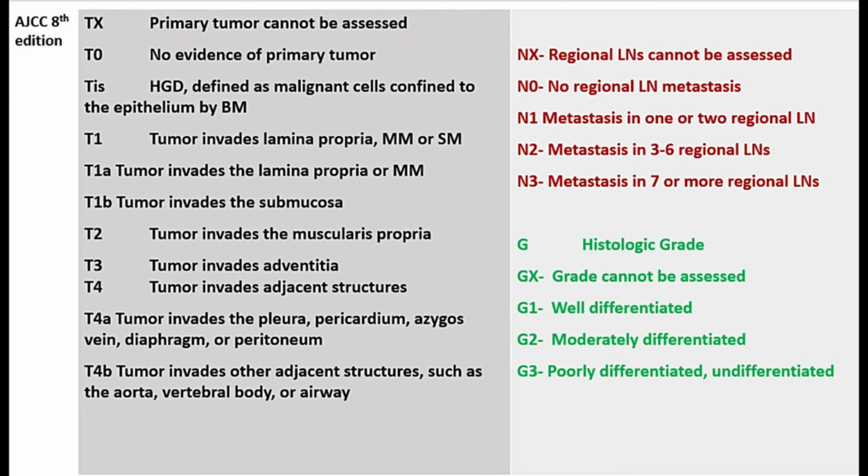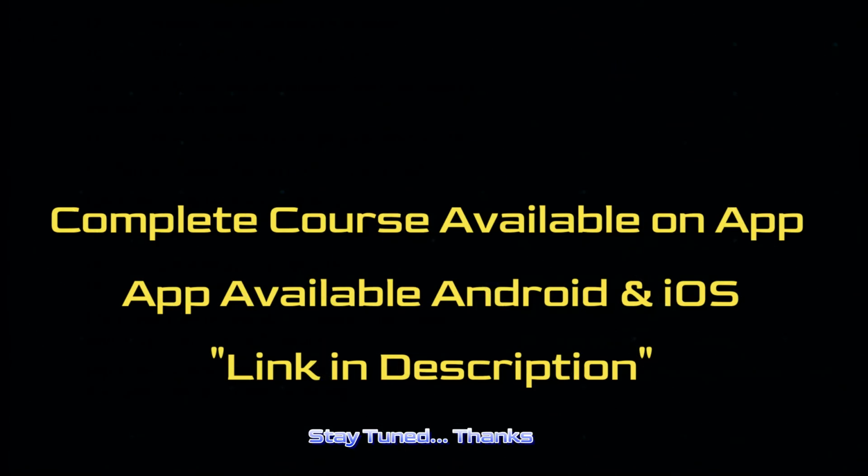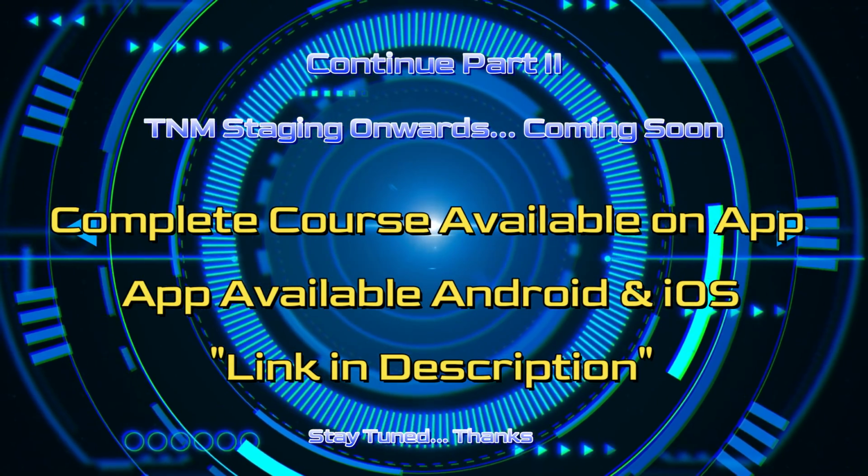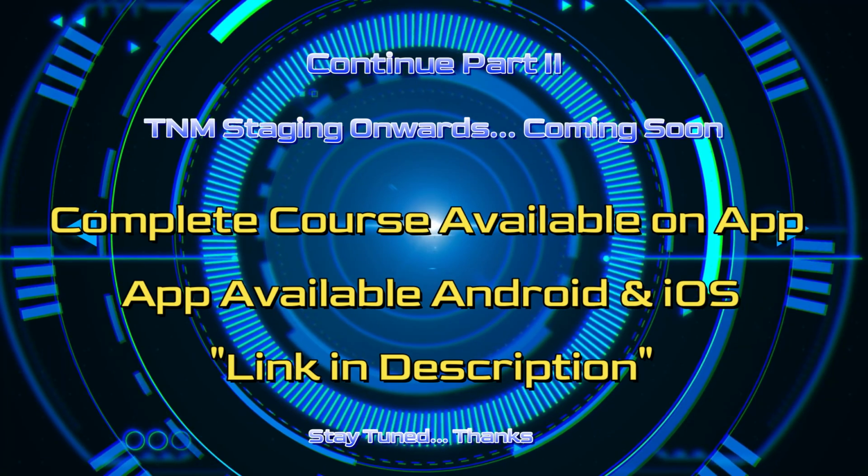So briefly, the TNM staging. TX is primary tumor cannot be assessed. T0 is no evidence of primary tumor. Tis is high-grade dysplasia, defined as malignant cells confined to the epithelium by the basement membrane. T1 is tumor invades